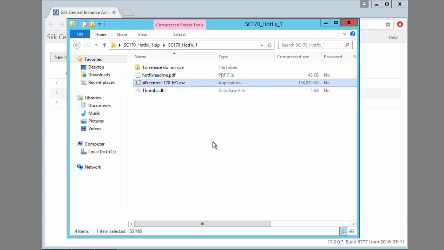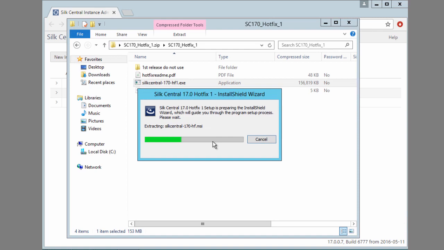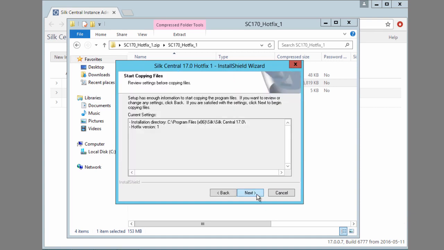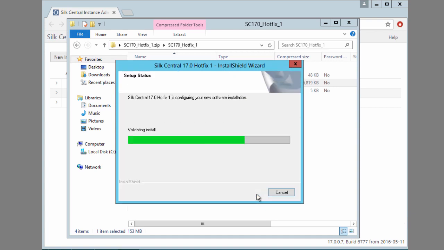So we go ahead by opening up the zip folder, and then running the executable for the hotfix 1. We run this and then it will bring up the hotfix install wizard. So the install wizard just begins to unpackage, prepares to install it. We hit next, next. Now once this installs, it'll come up just saying, would you like to open up the